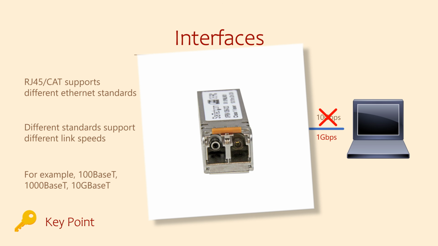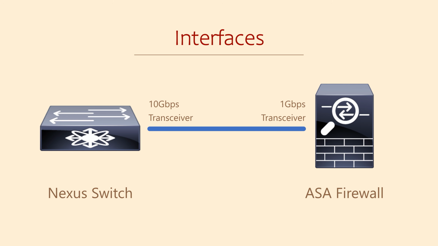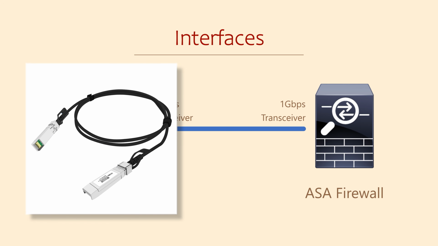Transceivers are a bit different. They are physical modules that are installed into the switch port and are hard-coded to a certain speed. I learned this the hard way years ago, when I had a 10 gig switch and a 1 gig ASA firewall. I used a copper DAC cable to connect them. The DAC cable, as shown here, is a copper cable with a transceiver built into each end. Sometimes they're known as twin-ax cables.